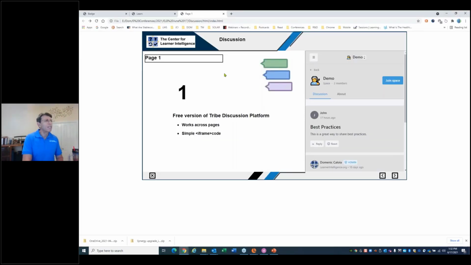And let's take a look at another one. Again, the technical aspect of embedding it in the course is very simple, but what to embed and where to embed it. Should I embed it so it's inherited on all pages, or should I embed it on every single page? That depends upon what you're embedding. In this example, I'm showing a discussion.